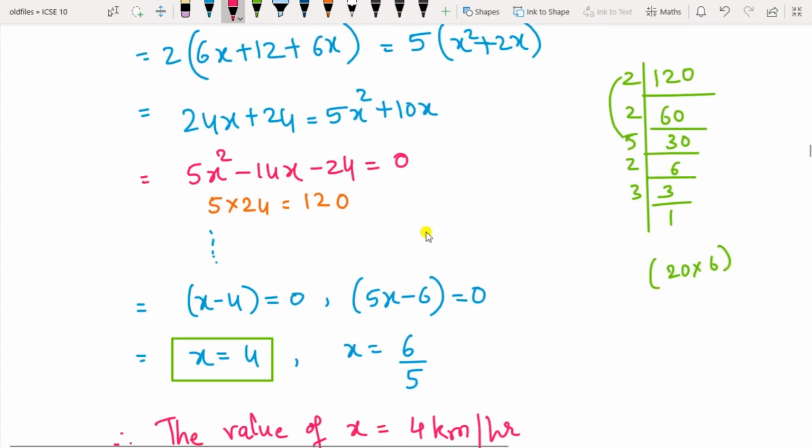Here we know that we have to multiply the coefficient of x square and the constant; it becomes 120. Now if you don't get the factors, if you don't know the tables, you can find them by finding the LCM here. Rearrange these numbers so as to get the middle number. So this is 14 minus 14. The product is 120 and minus 20 plus 6 is minus 14. So this way you have to solve.